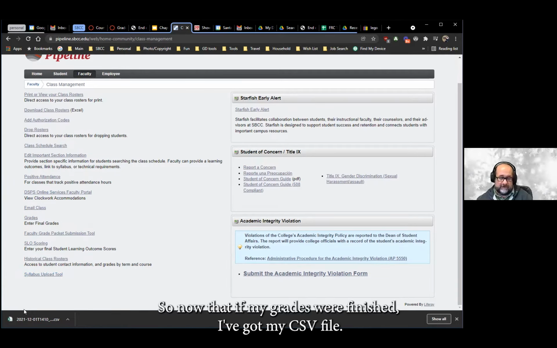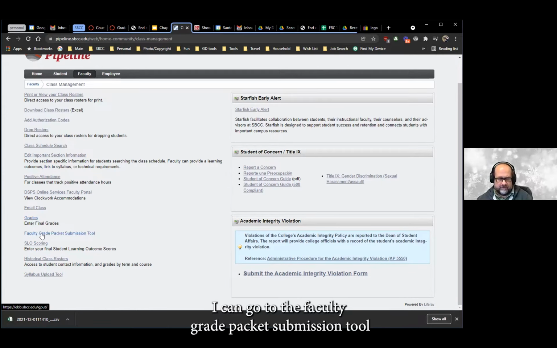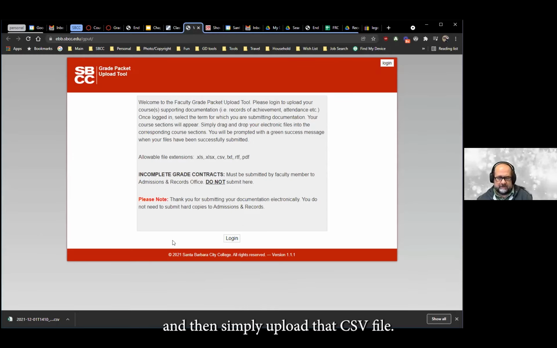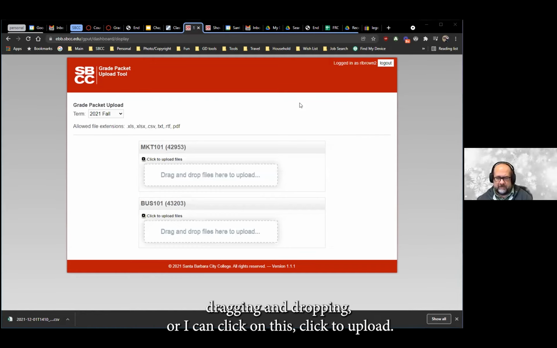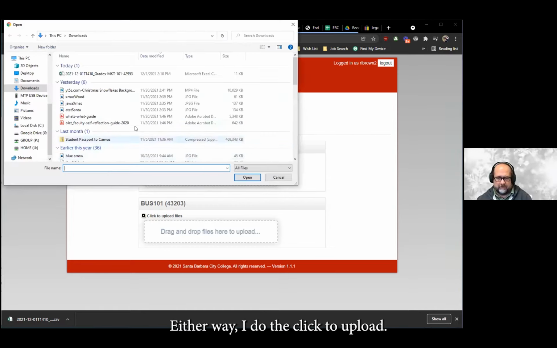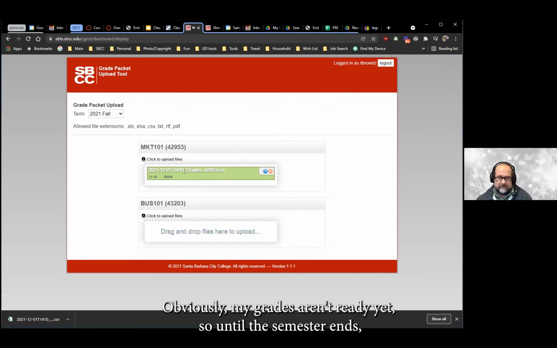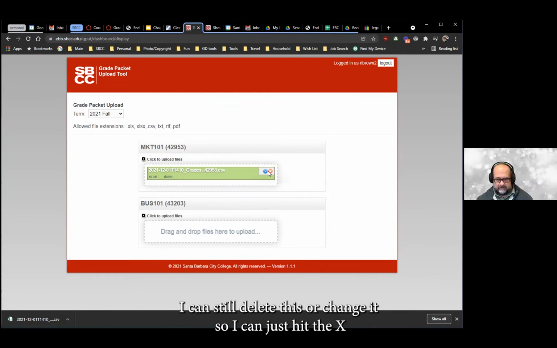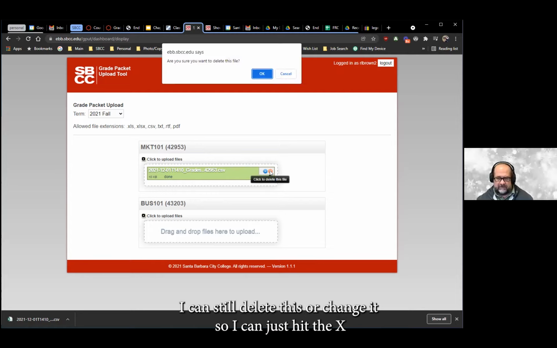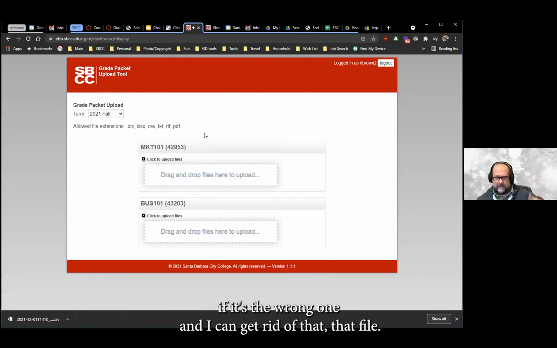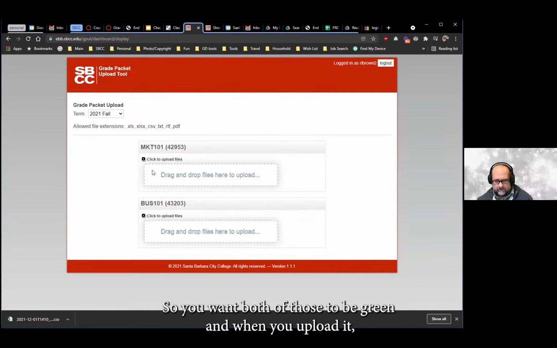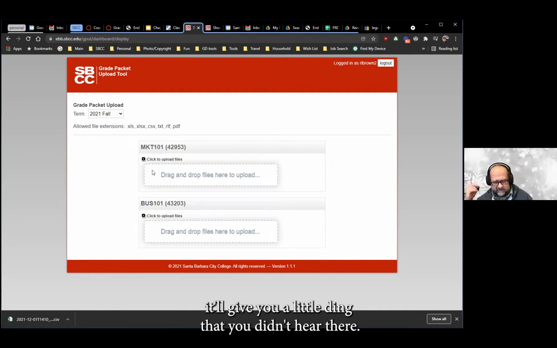So now that if my grades were finished, I've got my CSV file, I can go to the faculty grade packet submission tool and then simply upload that CSV file. I can do it by dragging and dropping, or I can click on this click to upload. Either way, so if I do the click to upload, I could grab that CSV file and upload it. Obviously, my grades aren't ready yet, so until the semester ends, I can still delete this or change it. So I can just hit the X if it's the wrong one, and I can get rid of that file. So you want both of those to be green, and when you upload it, it'll give you a little ding